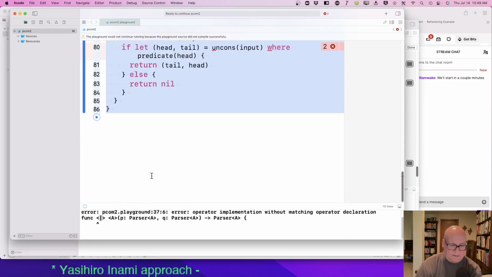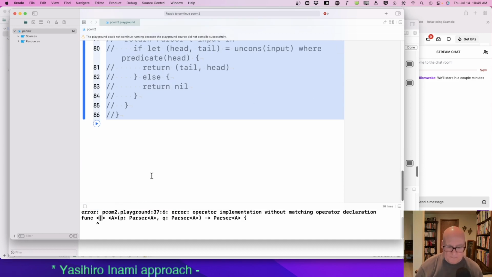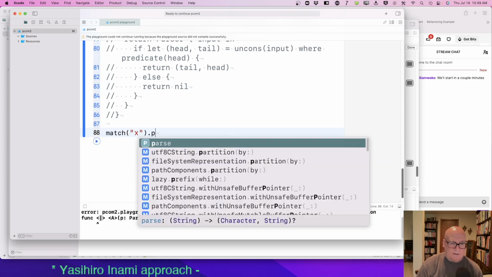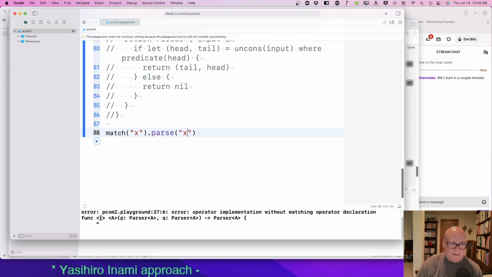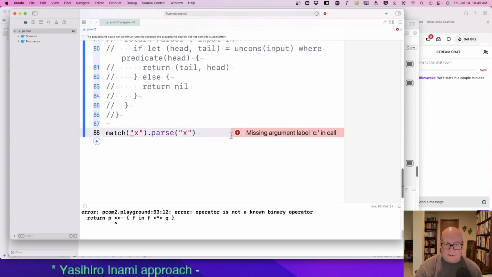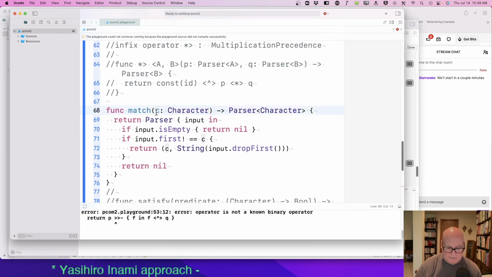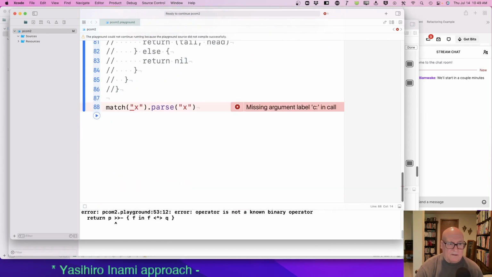Let's take this out. Okay. So if I do match of x dot parse of x, let's see if that has a value. Missing argument c. Again, I'm not going to require that.